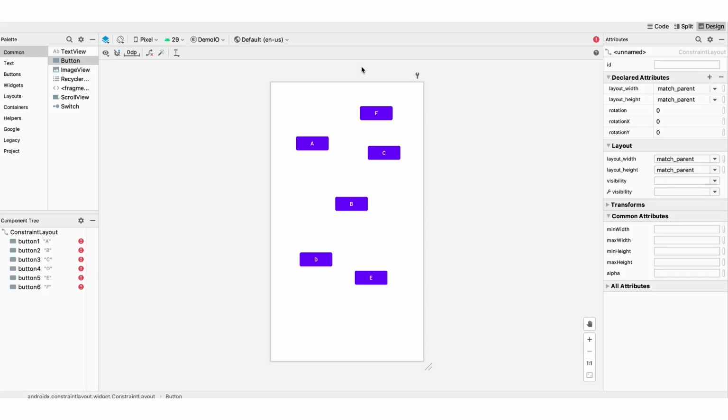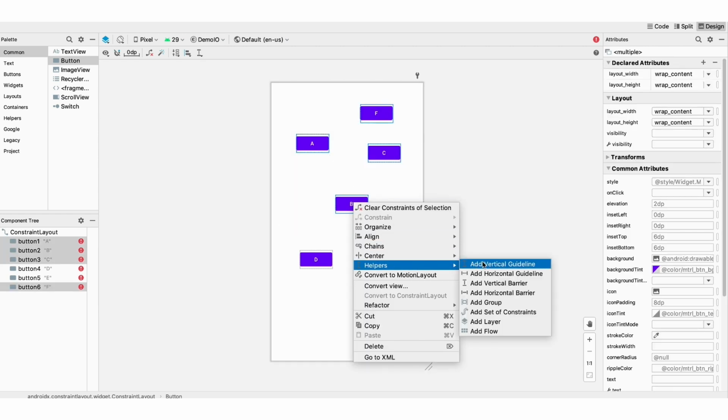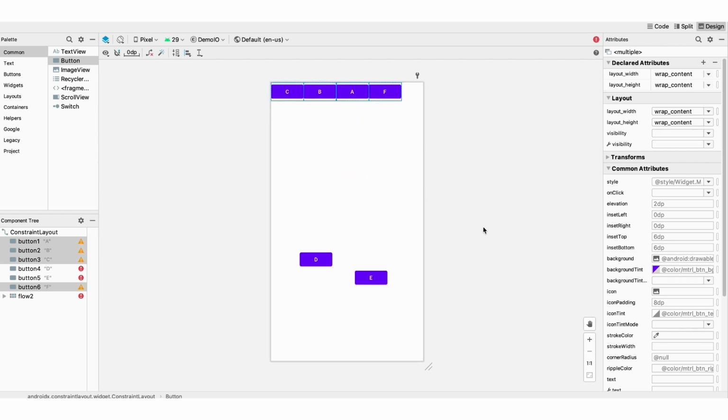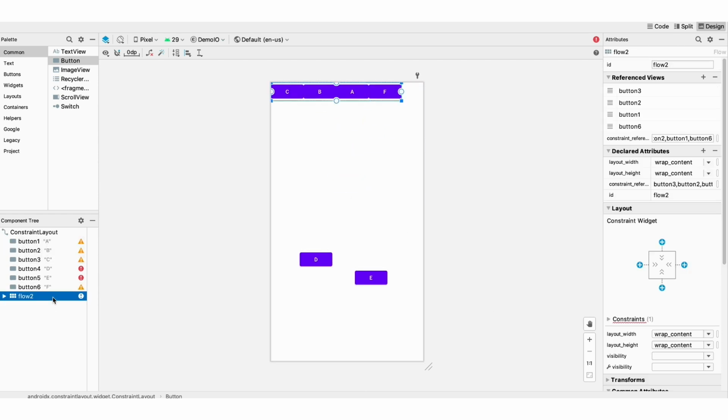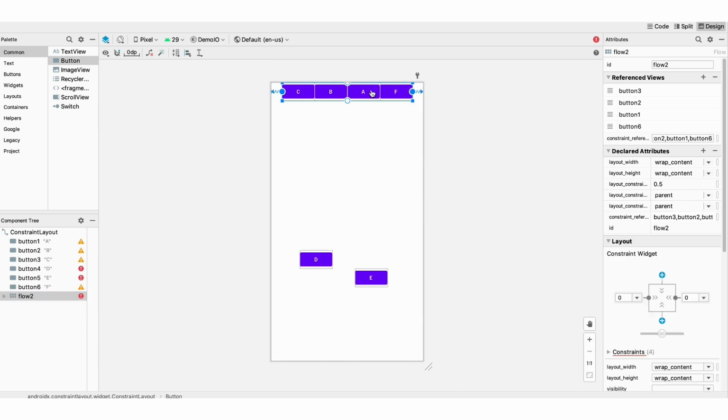So here it works. I've got this bunch of widgets that are all over the place, and I just would like to organize them in a nicer way with the flow helper. So I can just select them, right-click, create a flow helper, and that's it. They are all going to be properly laid out. And because flow is a normal widget, I can just position it as usual. Here are a couple of constraints in the parent.